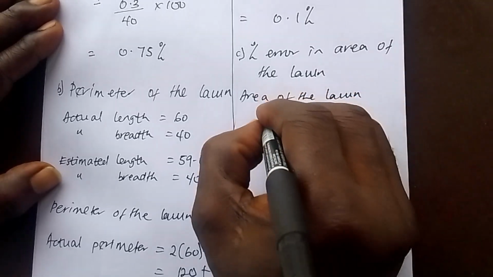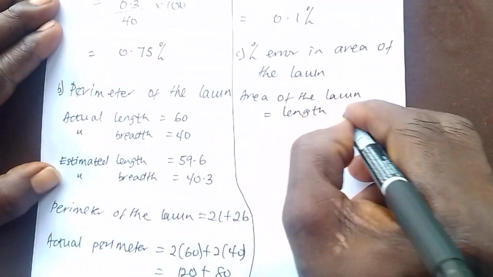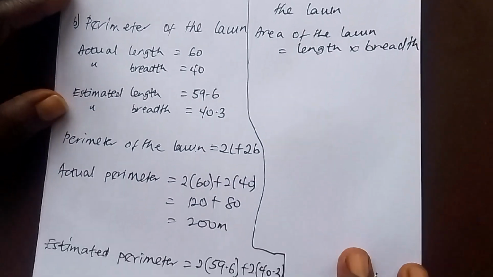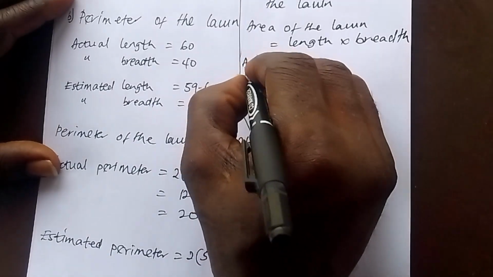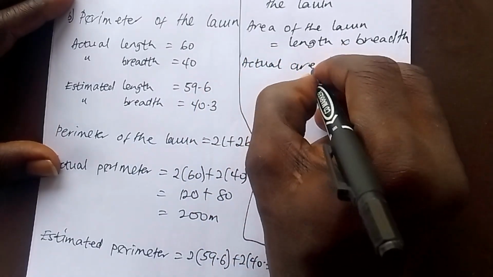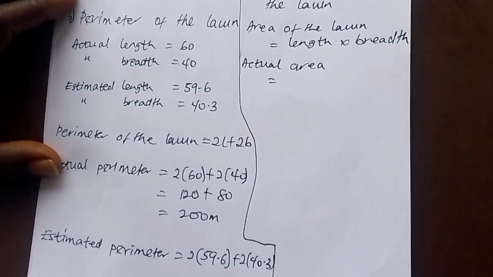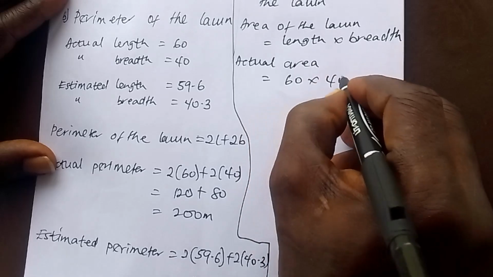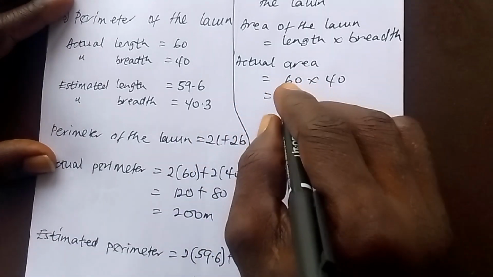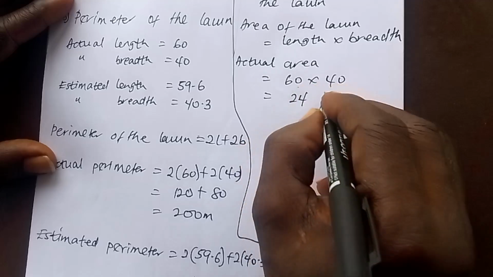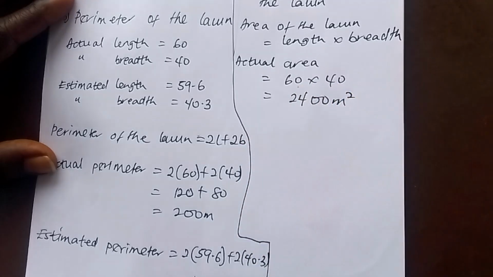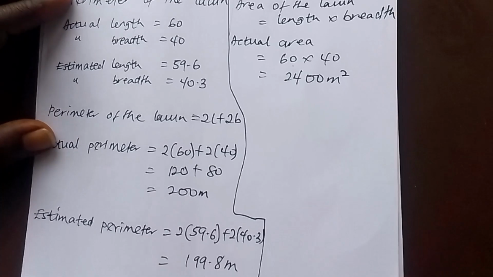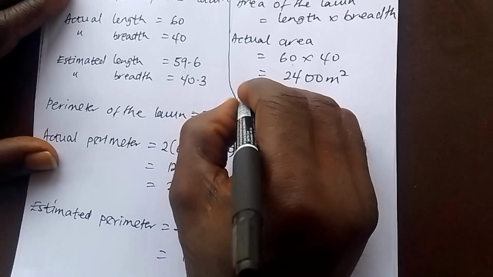is going to be our length multiplied by our breadth. So let's find the actual area, using the actual length and the actual breadth, which gives us 60 times 40. That is 6 times 4 is 24, and our 2 zeros, so 2400 meters squared. That's the unit for area, the unit squared. Now this is the actual area. Let's find the estimated area,